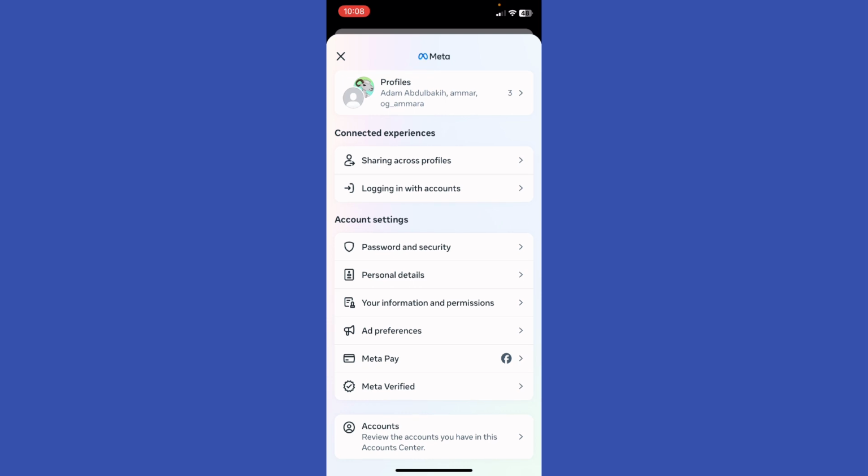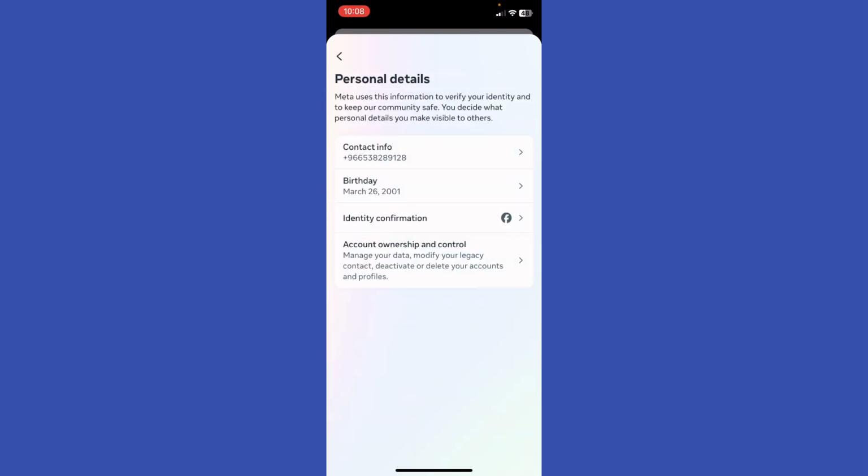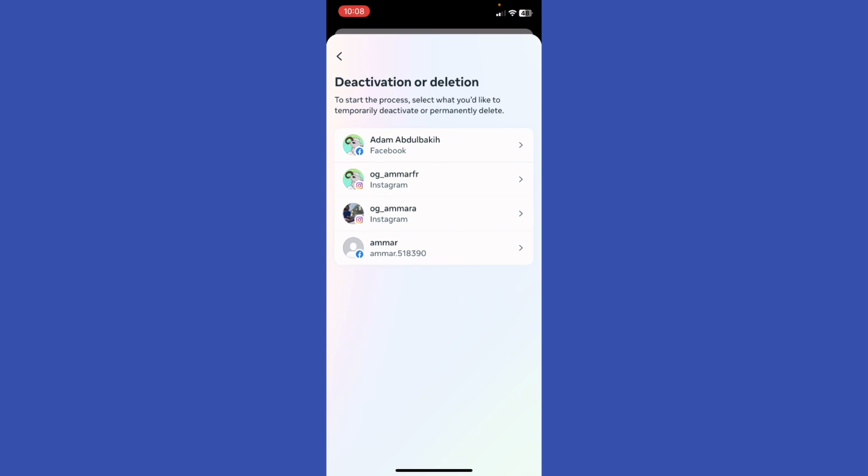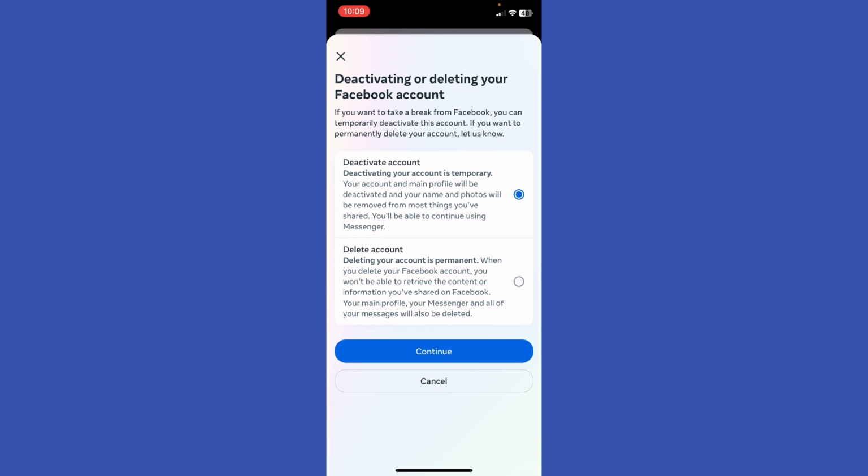And from here, I'm going to just go ahead and click Personal details, and you're going to see multiple options. Click on Account ownership and control. And from here, you're going to see two options. Just go ahead to Deactivation or deletion. And from here, I'm going to select the account that I want to deactivate, and I'm going to just go ahead to this one, and I'm going to just go ahead into continuing to deactivate